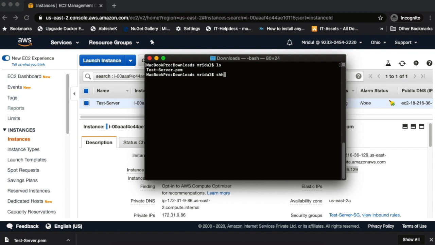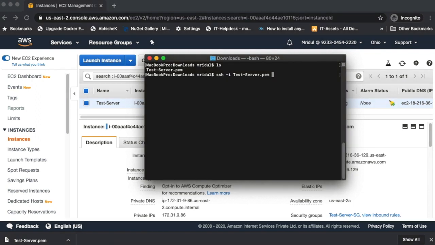So ssh -i and test server. As I have launched the Amazon Linux AMI, I am using ec2-user and the server IP.